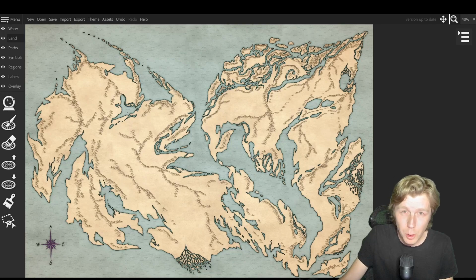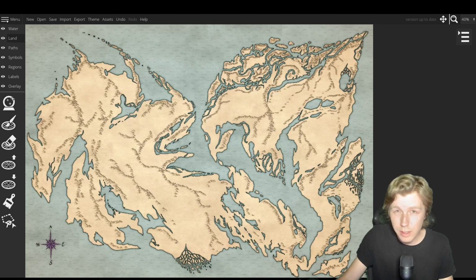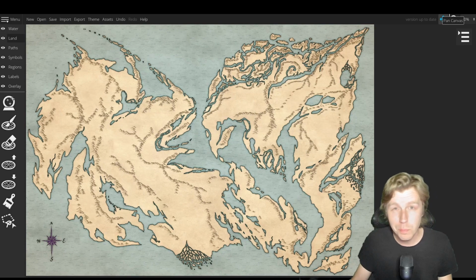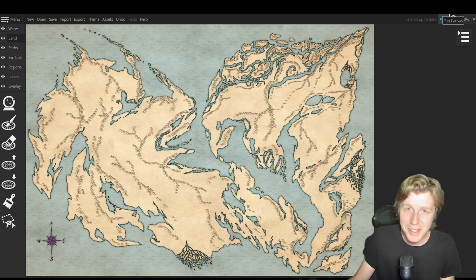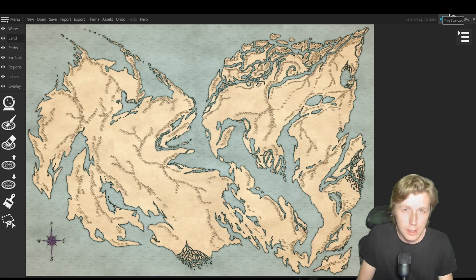Really, for me, the most important part about fantasy world building is finding a good balance between realism and fantasy. It's also about being inspired from your map to create a narrative. And probably most importantly, it's to have fun. I mean, that's what we're here for, right? Well, I hope you enjoyed this little expansion to